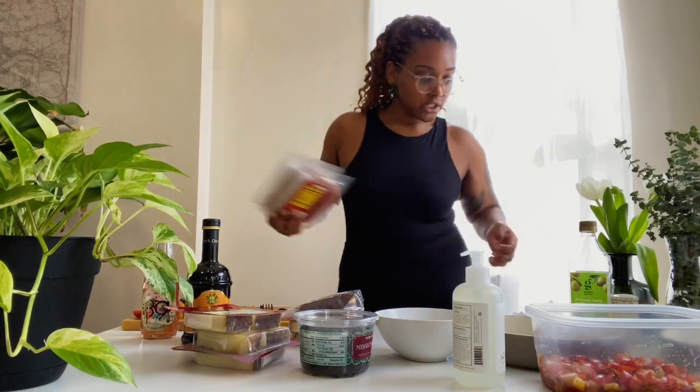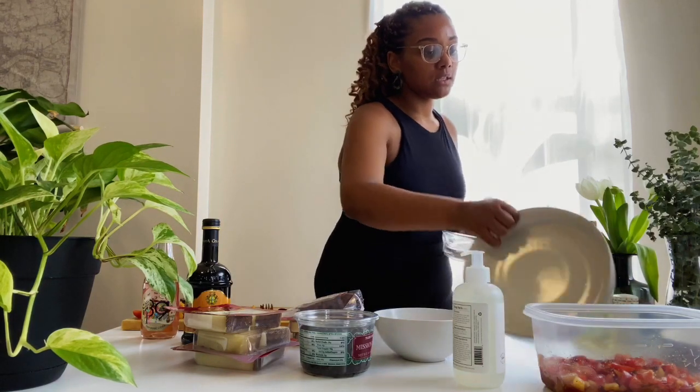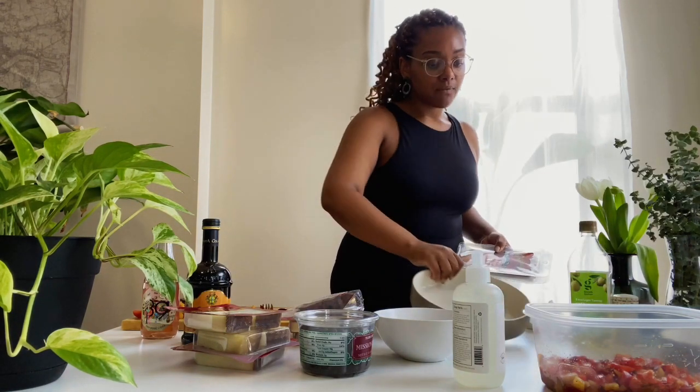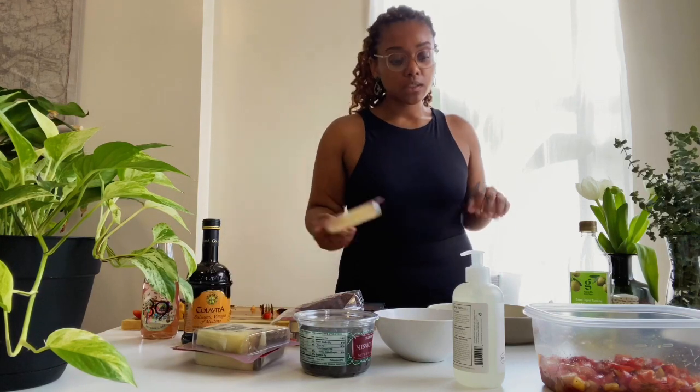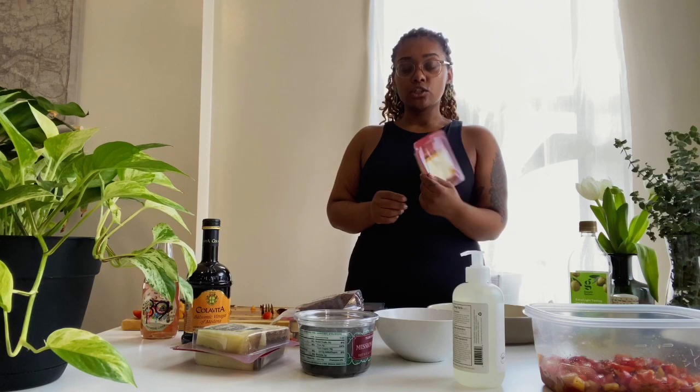So now we're gonna make our cheese boards. So for our cheese boards, right, I got these cute little plates from Target, $5.99. I always think that these boards right here are a bit erroneously large. Nobody needs that much. So what I'm gonna do is, I got this Spanish cheese tapa sampler,